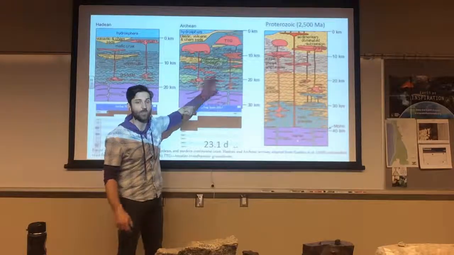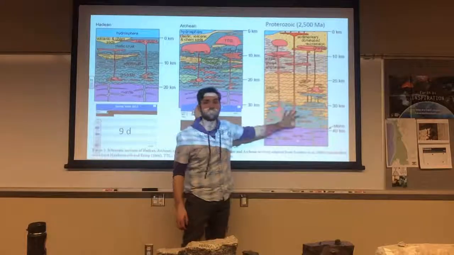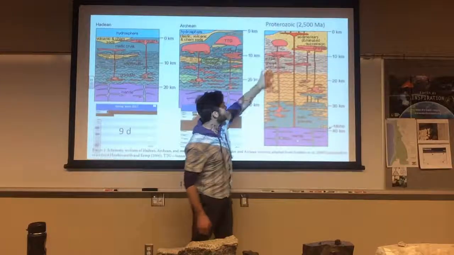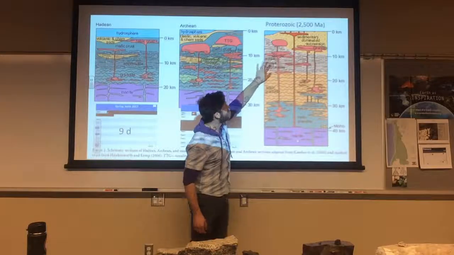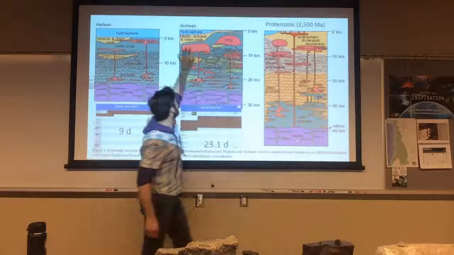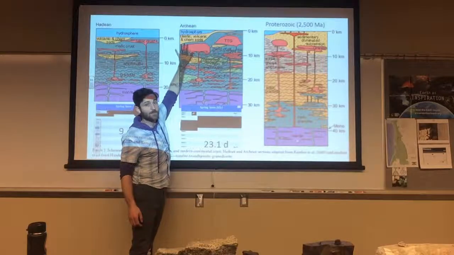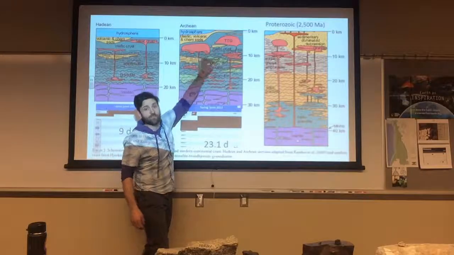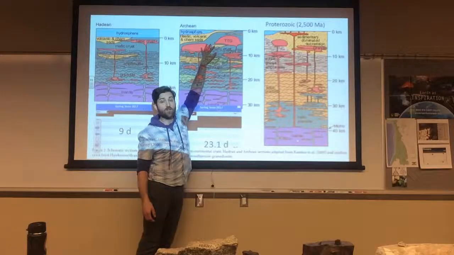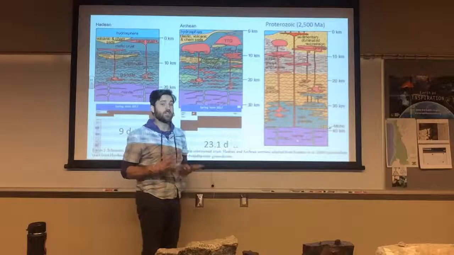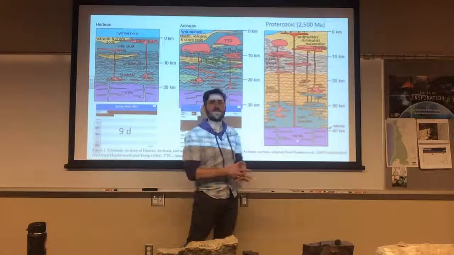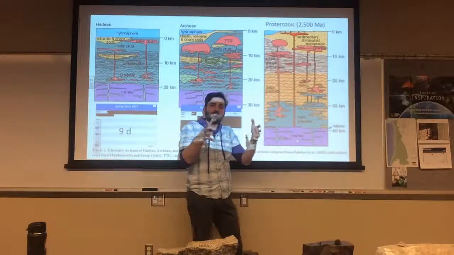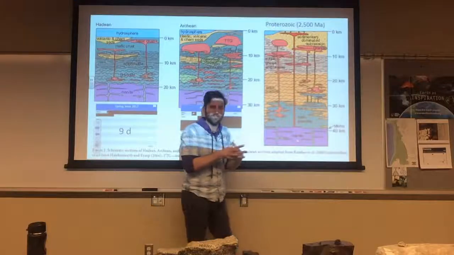Not much as far as complex chemistries, but by the time we get to the Proterozoic, lots of felsic material in the crust. So we have felsic granulites, much more of these metamorphosed sediments that would have been these clastic volcanic sediments up here. These have been metamorphosed now, but they're still light materials. They're still materials that formed on the surface of the Earth. So they're not heavy, they're not mafic, they're not stuff that's getting recycled down back into the Earth easily. Instead, this is material that accumulates, even though it's being metamorphosed, it's still accumulating on the surface.